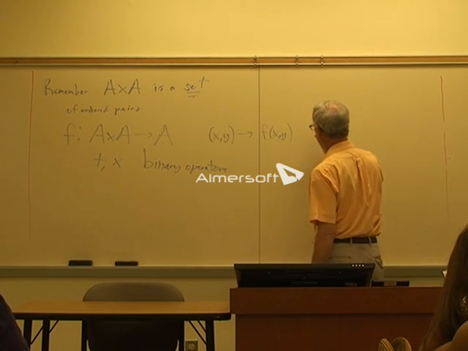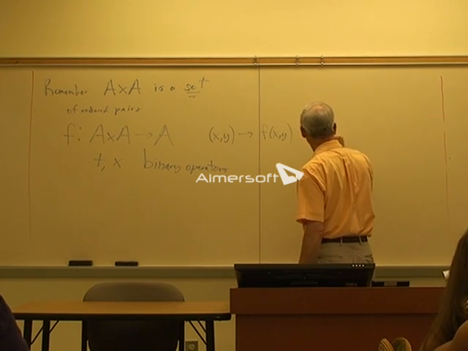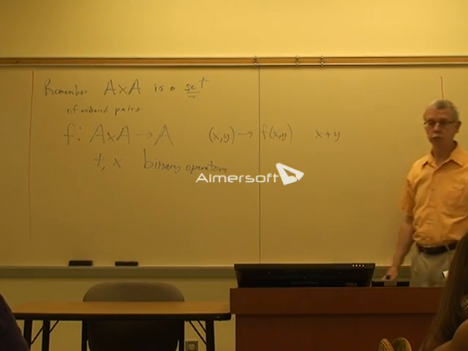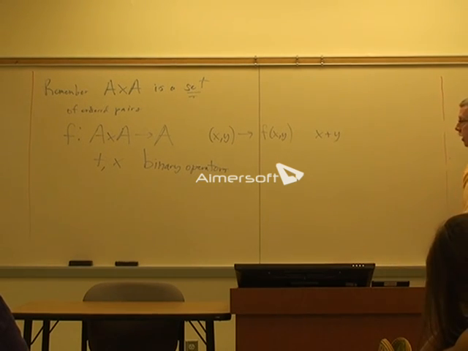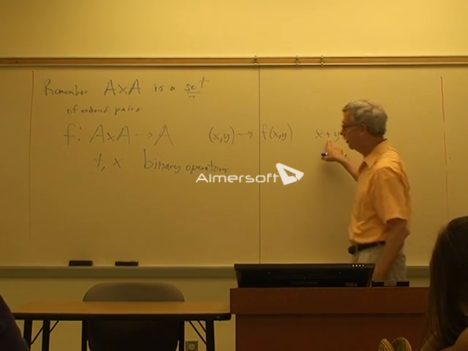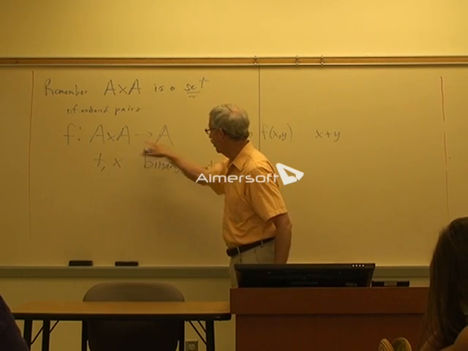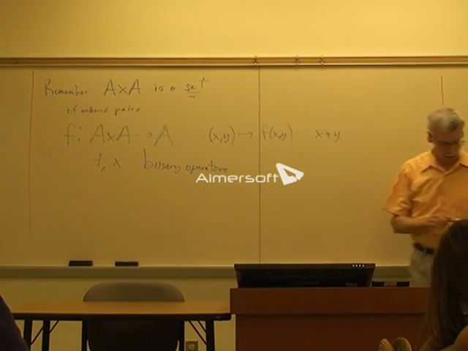So we usually don't write this; we write the notation as x plus y, or x times y, or whatever. But this is a shorthand notation for a function from A cross A to A. That kind of completes our